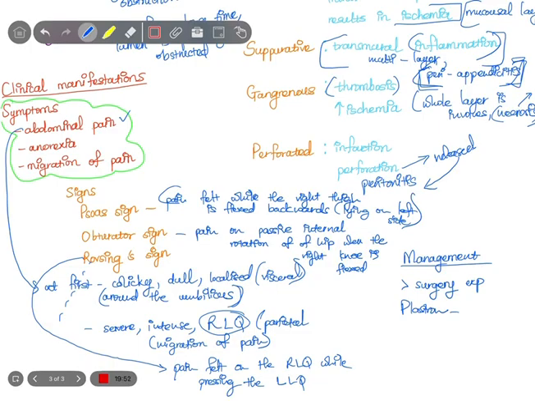This is whereby the omentum and intestines wall up the pus as well as the ruptured appendix. This is usually treated conservatively, conservatively plus interval